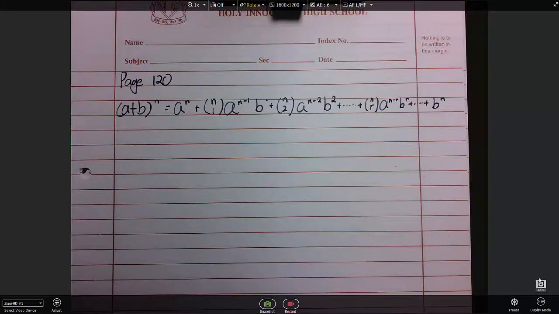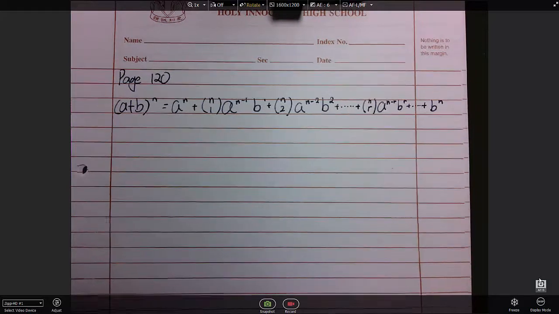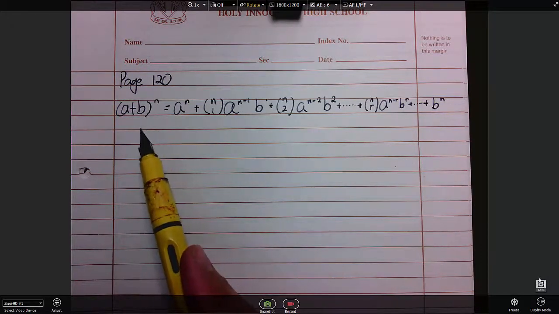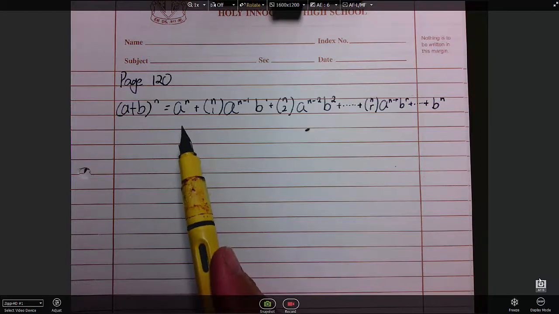Okay, today I'm going to carry on with chapter 5.1, some examples. But before we carry on with chapter 5.1, I will ask you to refer to page 120 of your textbook. Okay, there's a formula there. Copy out this formula. (a + b) to the power of n equals a to the power of n,